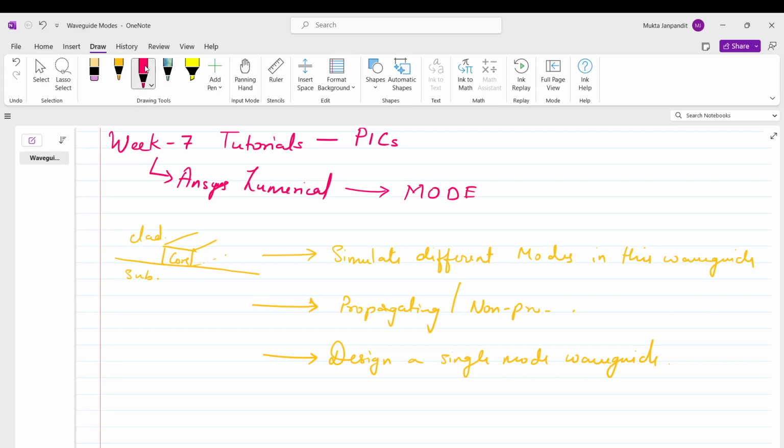Okay, and since now we are designing a single mode waveguide, let us fix some parameters. So let's say that our core is silicon. Okay, and the cladding and substrate are SiO2. So this is one of the standard waveguide materials used. We can first start with this, and then we can always play around and try different materials in the software. Then we can fix the wavelength to be 1550 nanometers. Okay, so let's get started with it.